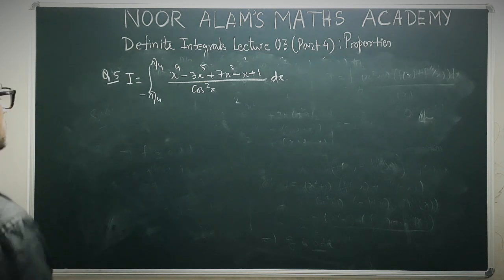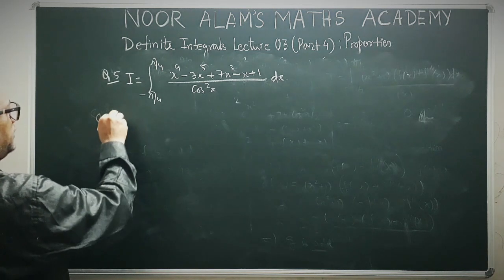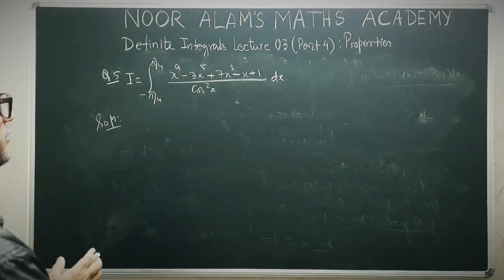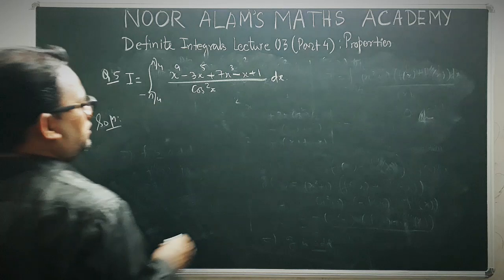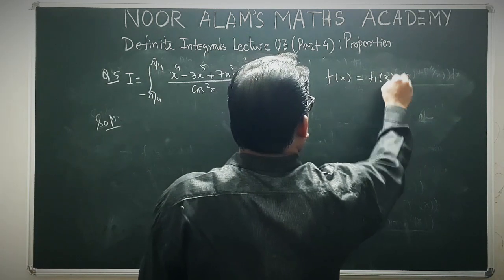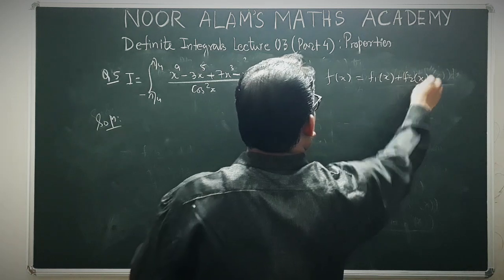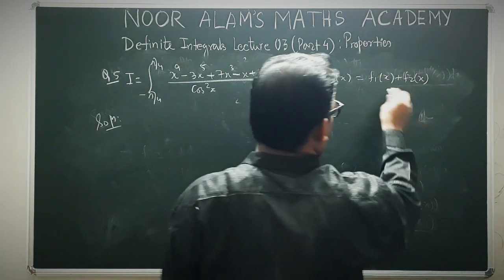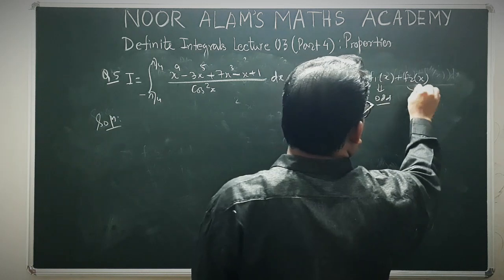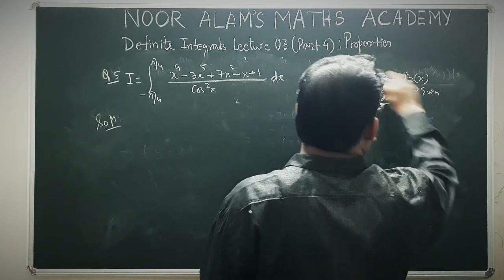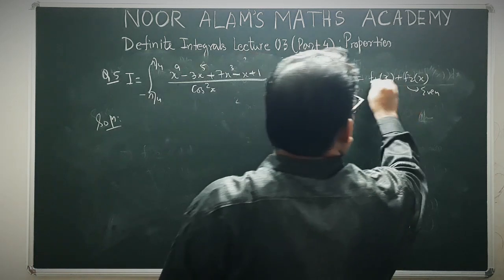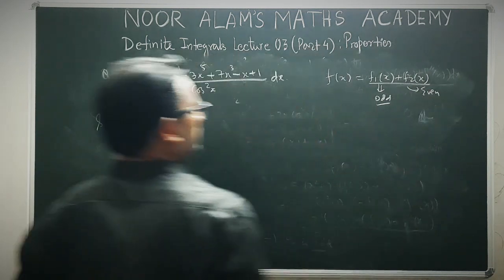Sometimes in a question the function which is given to you is not directly even or odd. Sometimes some portion is an even function. When we decompose, suppose a function is given like this, f of x, which is the sum of two functions f1 of x and f2 of x. It is not necessarily true that the sum is even or odd. It may be possible that this function is odd, separately this function is even, and the total when you add is not actually even or odd. So part-wise they may be even or odd.